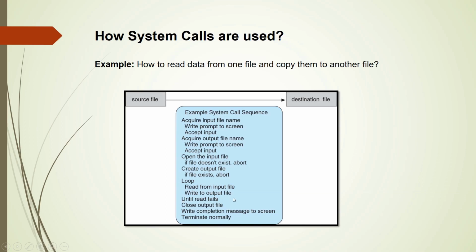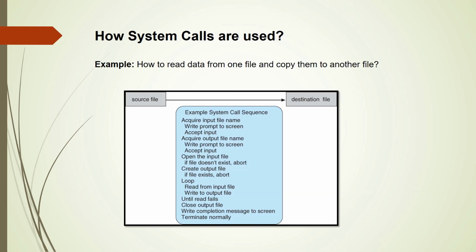Now there is again a possibility that the reading of input fails, maybe because of a parity error, or the writing to the output file fails, maybe because of hard disk failure, or because the drive is already full, or the printer we are using, if we are printing not to the disk but to the printer, is out of paper.